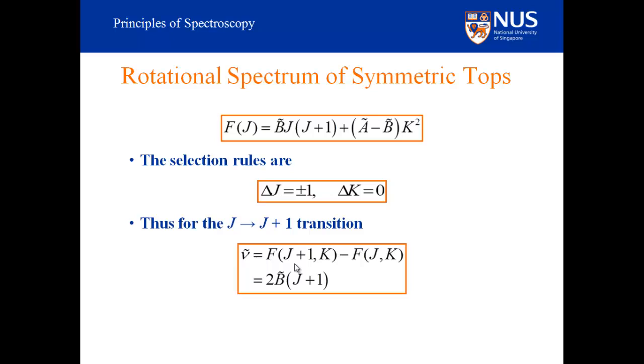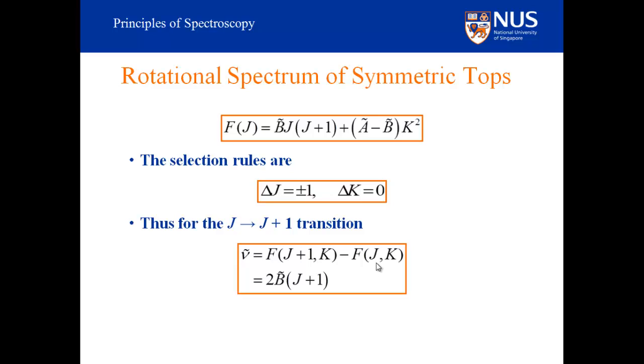So we can calculate the rotational term when the system has the J plus 1 and K quantum numbers, and take away the rotational term when the system has the J and K quantum numbers. This difference will correspond to the frequency of the spectral line, and we find that it's equal to 2B into J plus 1. So note that the frequency of a spectral line does not depend on the K quantum number,